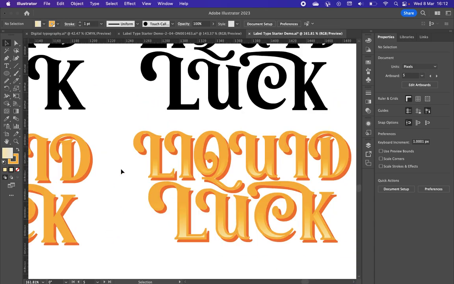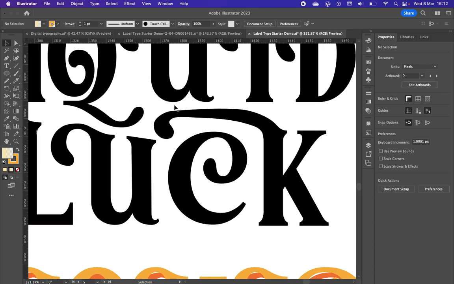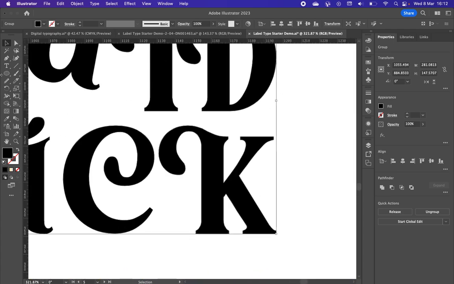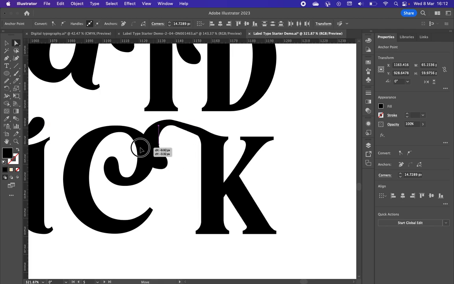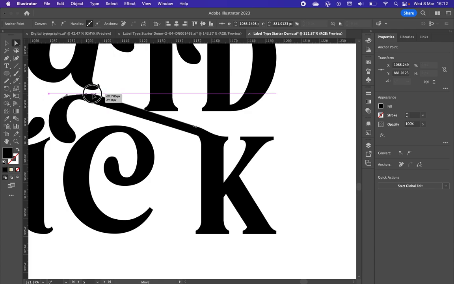As long as you've got a clear idea of what you want it to look like, we can extend things here like this. So obviously the original K looked like that, and then once you've done type create outlines, you can go in, like before, select all the anchor points that you think you want, and then you can physically drag that whole lot away. Obviously this is a little bit exaggerated, but you could play around with that, and then you could start to edit some of these,